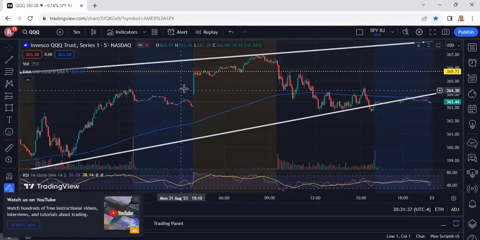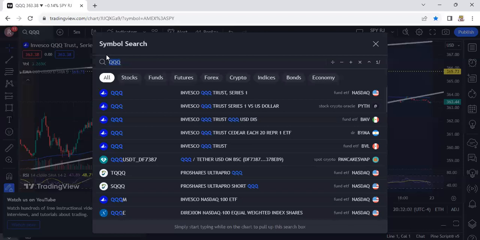Now, what I will say is it's going to be tricky because Nvidia's earnings is tomorrow. So that part is going to make this a little bit tricky. But that's just towards the end of the day. So that's QQQ. Those two are the ones that I really wanted to watch